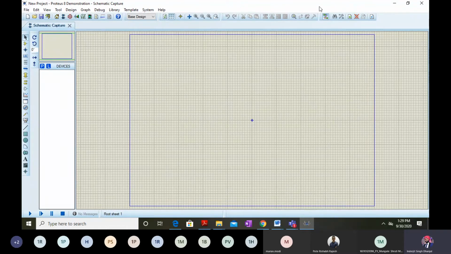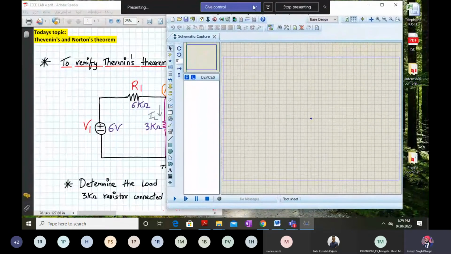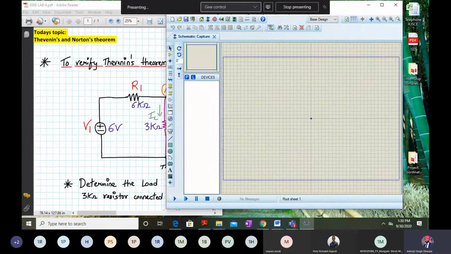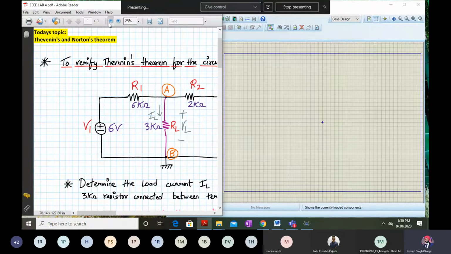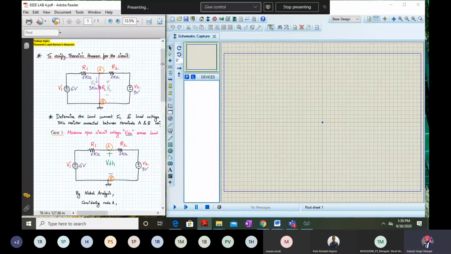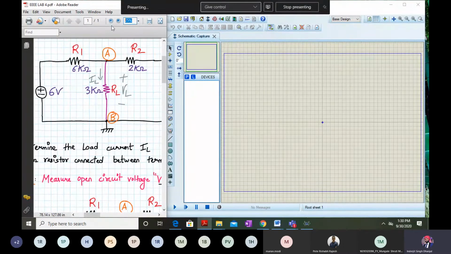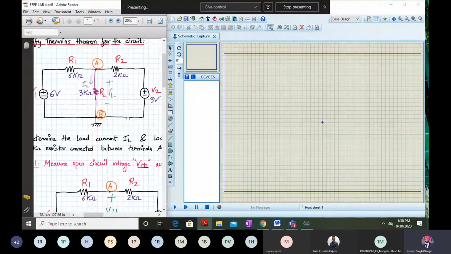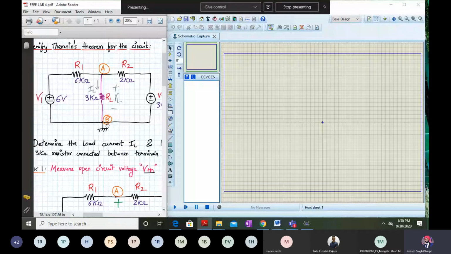Okay, now we wish to make the circuit as follows. Let me just adjust this. Let me adjust the width of this PDF. Okay, so I think it is visible now. Let me adjust this. Okay, I think I have to reduce it to 20. So what we are going to do right now is a simple task. We are not diving into Thevenin's theorem. What we are doing is building this circuit in Proteus.